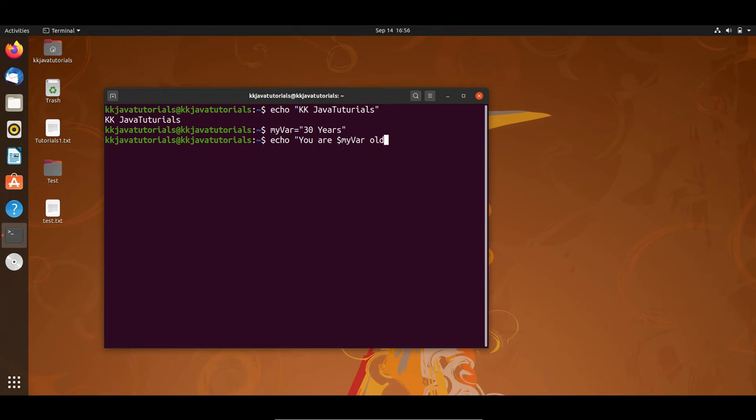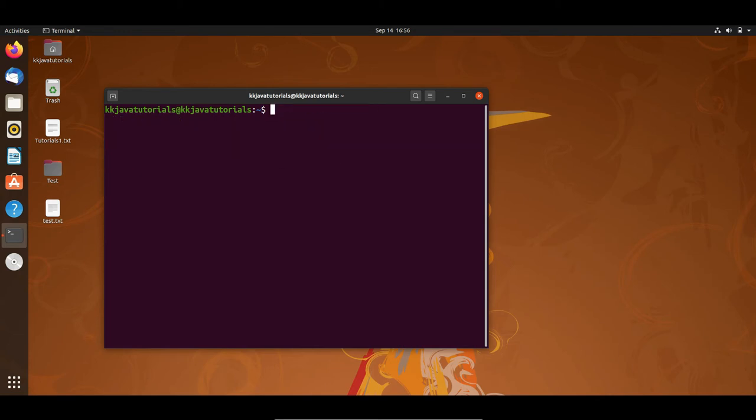So this is going to print "you are 30 years old", but here 30 years I am getting from this myvar, right? One thing you have to keep in mind, this variable I have declared on the terminal itself. So as long as this session is alive, or as long as this terminal is open, this variable will be available. Once you close the terminal, this variable will go away, right?